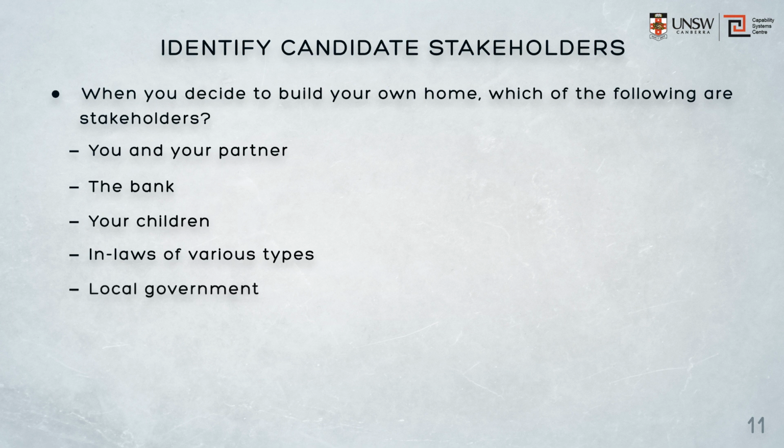Local government. Well, like the bank, the local government regulations will place significant constraints on the house design, its location on the block, the utilities it will access and so on. The ability to impose regulatory constraints does not make somebody a stakeholder, however. Their principal act will therefore be to provide a source of constraints. It should be noted, however, that this is not the case in all respects. Neighbours have a joint ownership of a common fence, for example, so they are stakeholders in that aspect of the project, and that right comes from local government regulation. So, speaking of neighbours, they're mostly constraints.